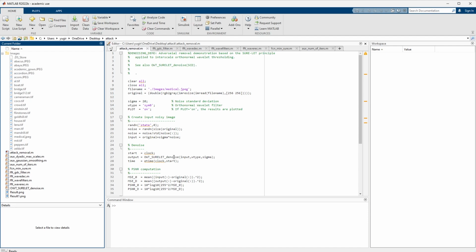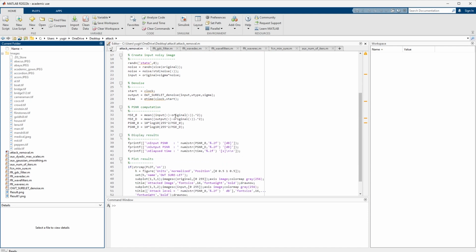This method removes noise while preserving important features in the image, ensuring that critical medical details are not lost. To evaluate the effectiveness of our denoising method, we calculate the peak signal-to-noise ratio (PSNR). A higher PSNR value indicates better quality restoration. We compare the PSNR before and after denoising to measure improvement.